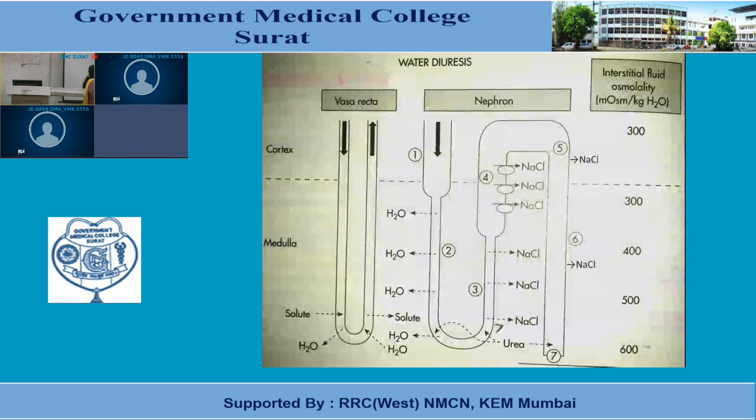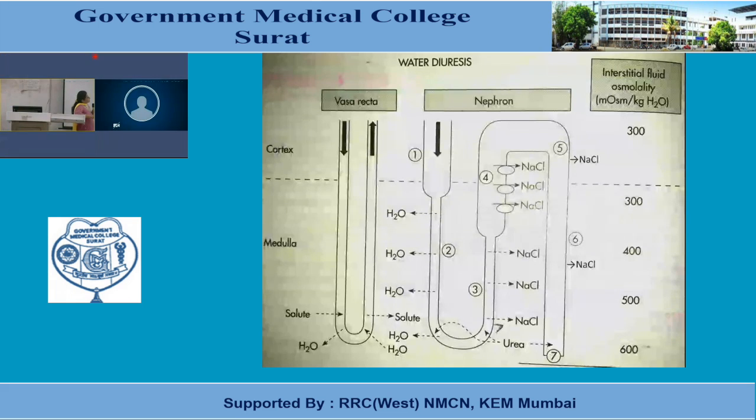Again it becomes 300, still go down, it becomes 400 in the interstitium, it becomes 500 and 600. The medullary interstitium is less hyperosmotic, and now there is no ADH. You can see here there is no ADH. As there is no ADH, no water will be absorbed. This is called as water diuresis. ADH is required for antidiuresis. Here it is required for diuresis. So for diuresis, ADH will not be there.